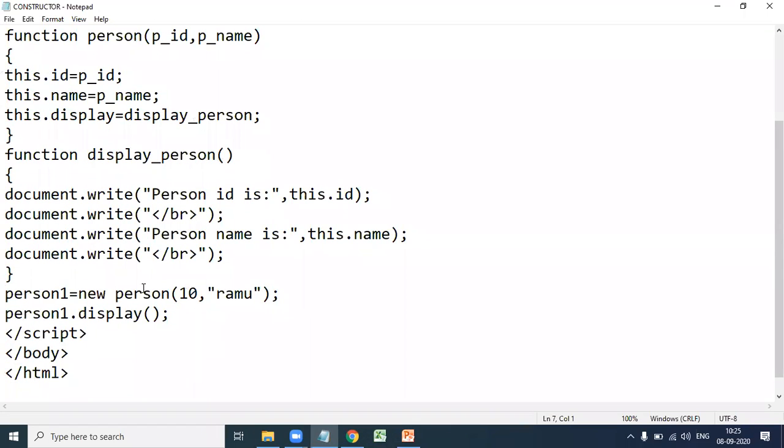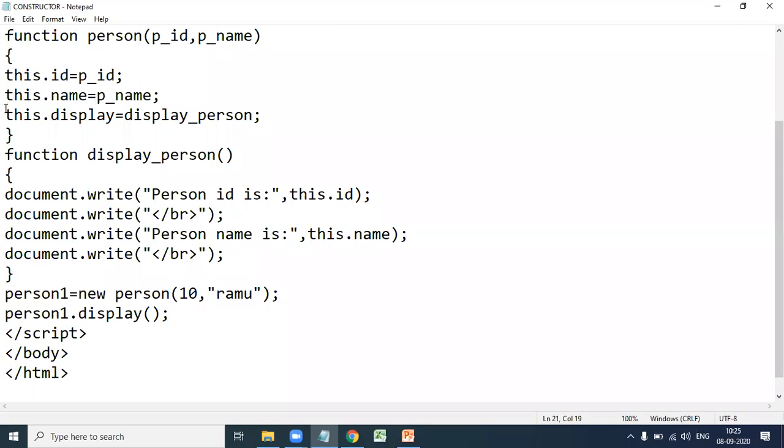So here Person is the constructor that is called. Whenever the constructor is called, a new object, person1, is created. So we are accessing the methods and properties using this newly created object.